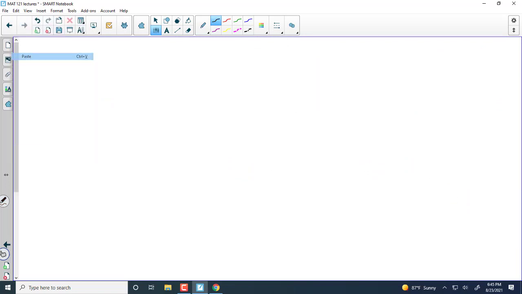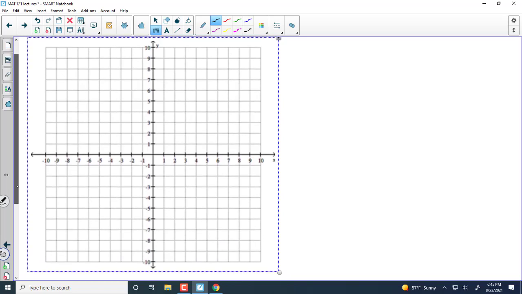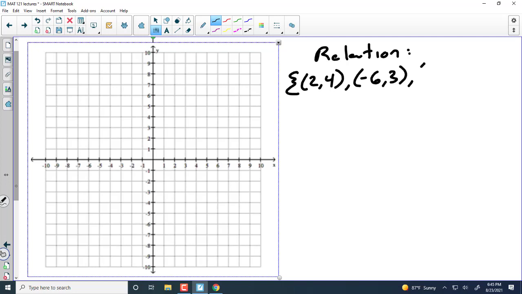Check this out. Everyone just produce a graph in your notes right now so you can follow. No, I'm just messing with you. But I'm going to draw a graph here. Because when we have a relation, and it's a list of ordered pairs like this,